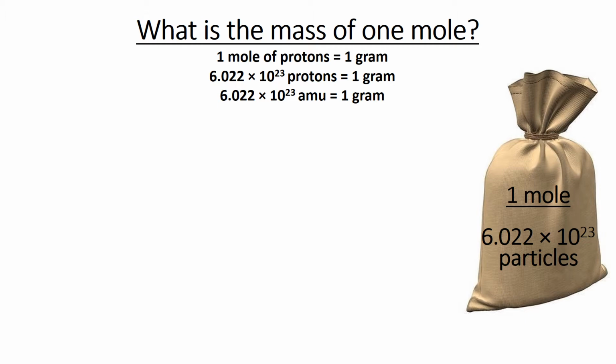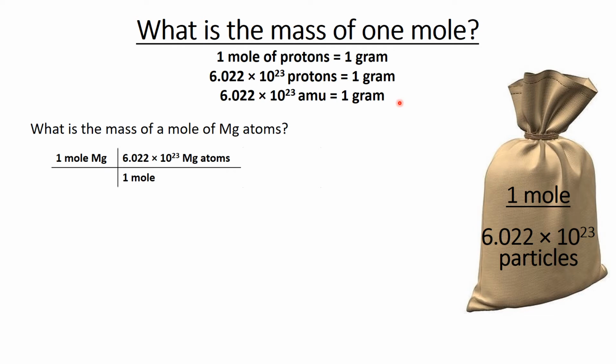So some of you may see where I'm going with this, but I want to do a few examples just so we can see more clearly. If we ask ourselves what is the mass of a mole of magnesium atoms, we can use these conversion factors up above to give us the answer. If we have 1 mole of magnesium atoms, well, 1 mole of magnesium atoms is 6.022 times 10 to the 23rd magnesium atoms. So now that we have our answer in magnesium atoms, we need to be able to go between